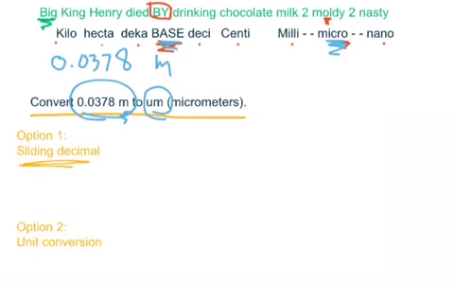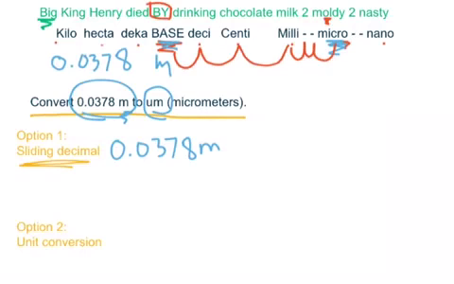So if I follow my units, I'm going to have to move 1, 2, 3, and this is where the two placeholders come in. They tell me that I go 4, 5, 6. So each of those two placeholders is a place that I need to count through. So I've moved the decimal over 6 places here to get to micro, and so on my number, here's what that looks like. Find my decimal, 1, 2, 3, 4, 5, 6 to the right, and that means that my answer is